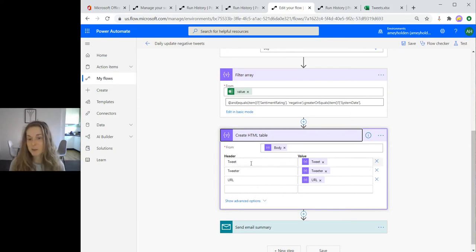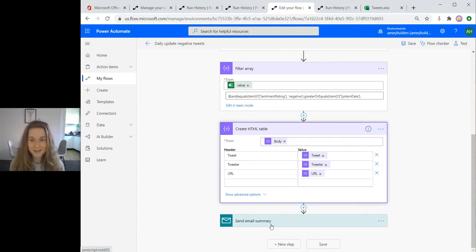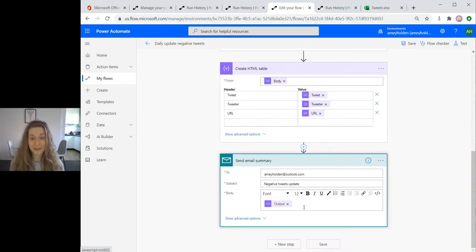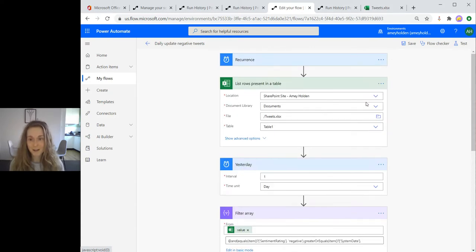So here we're just going to take the tweeter, and the URL. We're not going to take the whole thing because we know it's negative. We know it's a tweet, all good. And then a really simple example of what we can do here, but we can just stick it in an email. So I've kept this really simple. You can also add formatting to the HTML table. You can do all sorts, but just for the purpose of seeing what you can do in this beautiful serverless, but also not so code person friendly way, each one of these things, so each block here is what we